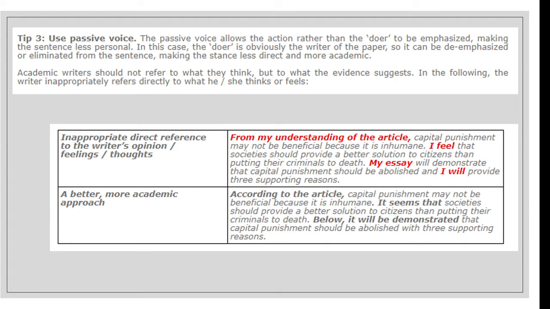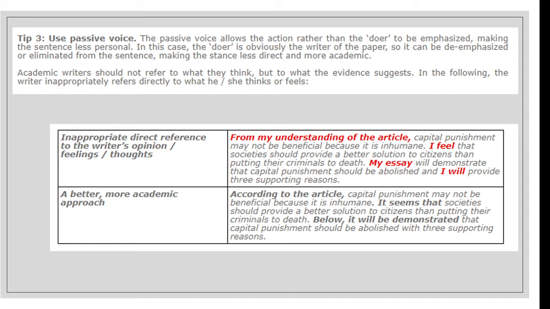This time, in order to make your writing more objective rather than more subjective, you can use passive voice. The passive voice allows the action rather than the doer to be emphasized, making the sentence less personal. In this case, the doer is obviously the writer of the paper, so it can be de-emphasized or eliminated from the sentence, making the stance less direct and more academic. Academic writers should not refer to what they think, but to what the evidence suggests. In the following, the writer inappropriately refers directly to what